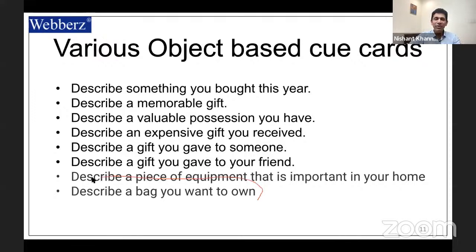An object-based cue card. An American tourist. Ruby Devi says American tourist. Okay, that's a bag that you want to own. You can talk a lot about it. You want to go to Canada and you'll take your stuff in that bag, and it's a very sturdy bag, right? Think of something more. Think of some more brands, some more things. A bag that you want to own. Leather bag, branded icon. Okay, Dilshad Malik says this, right?